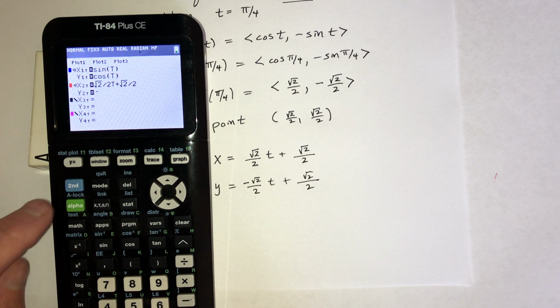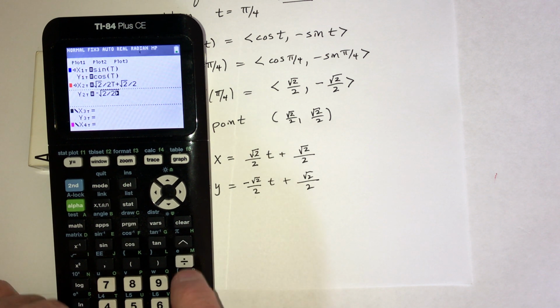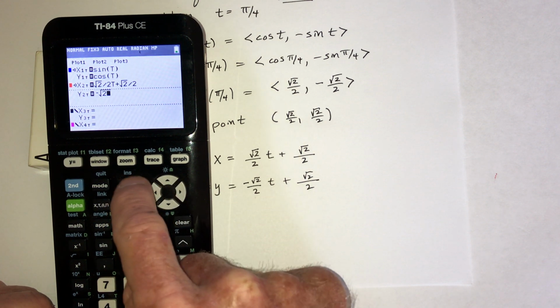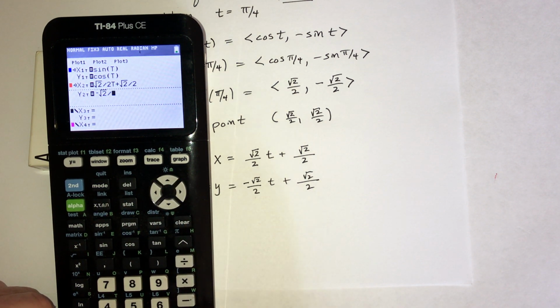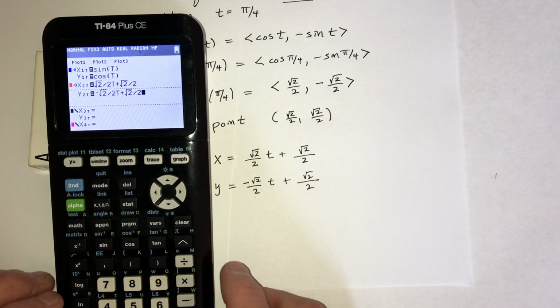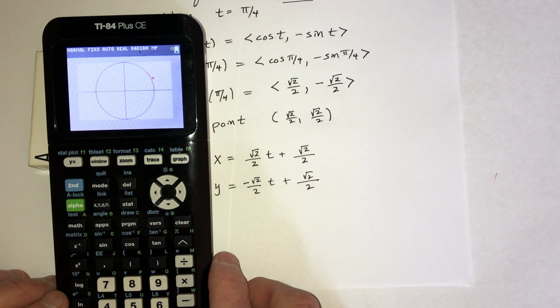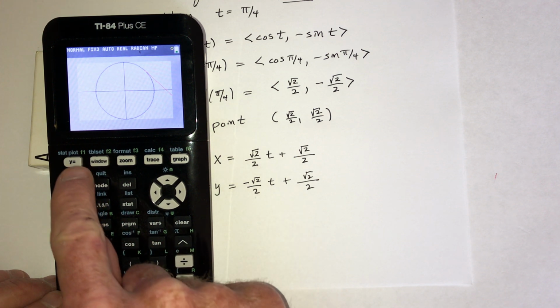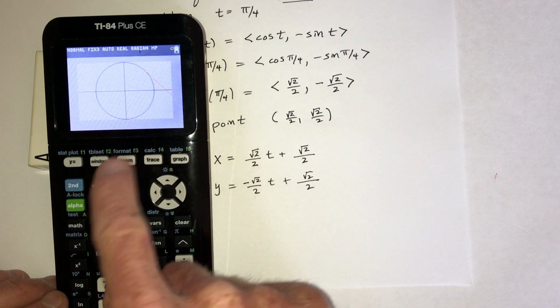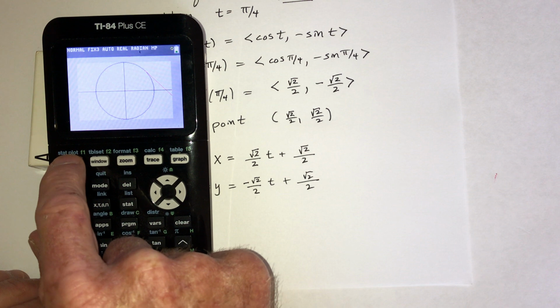And then negative the square root of 2 over 2 t plus the square root of 2 over 2. Then, does that look like the tangent line? So right now, it only drew half of it. So that was the correct point, but it only drew half of it because if I wanted to draw the whole thing,